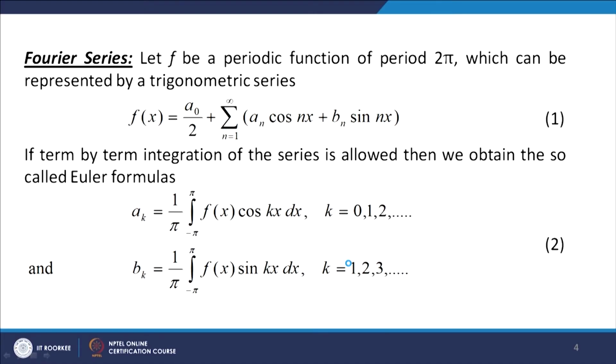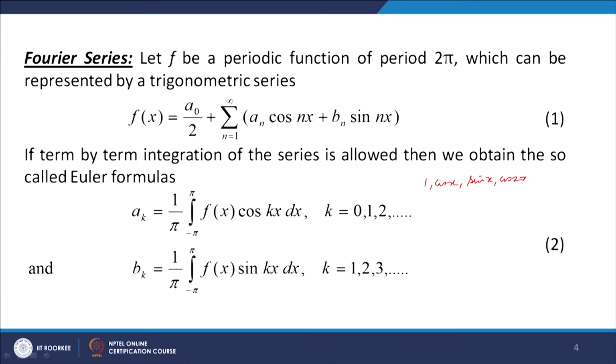Now, let us consider a Fourier series. Let f be a periodic function of period 2π, which can be represented by a trigonometric series f(x) = a₀/2 + Σ (n=1 to ∞) (aₙ cos nx + bₙ sin nx). If term by term integration of this series is allowed, then we obtain the so called Euler formula. You can see that because we have